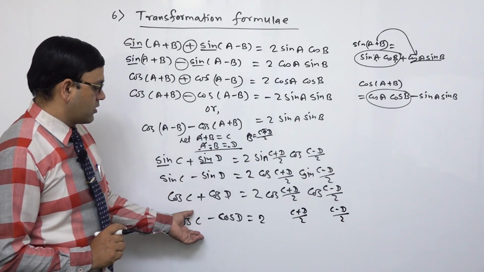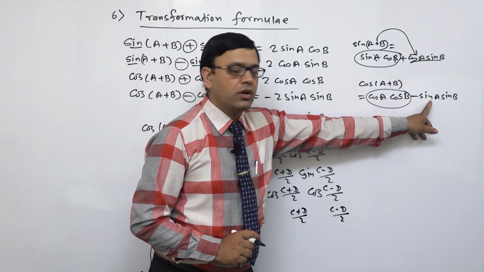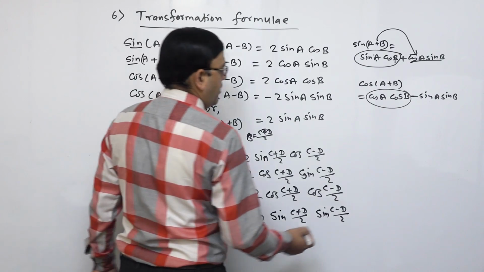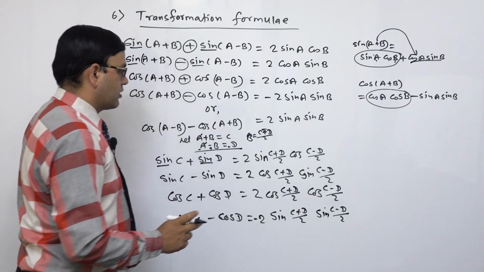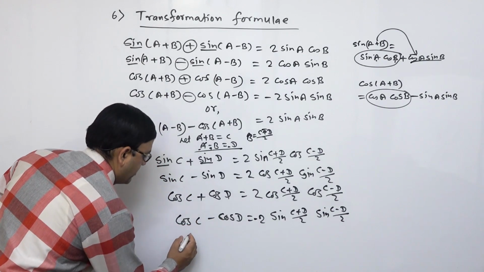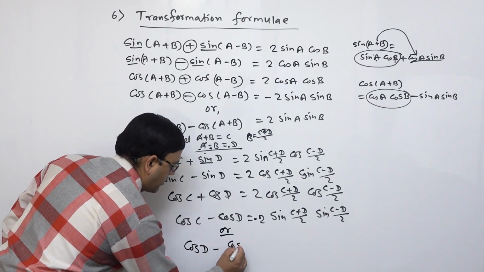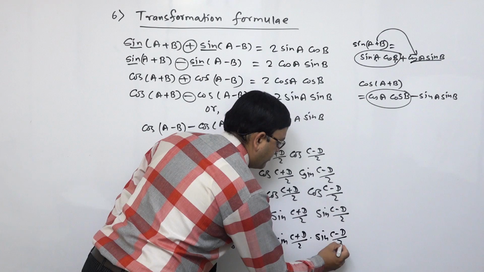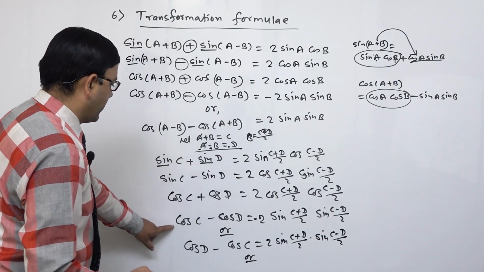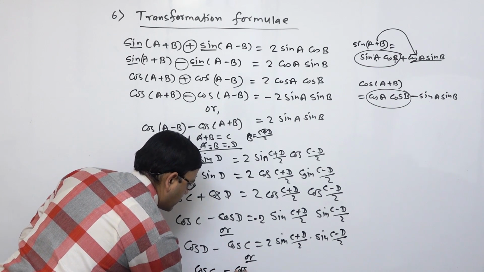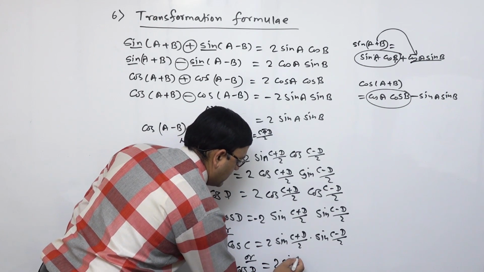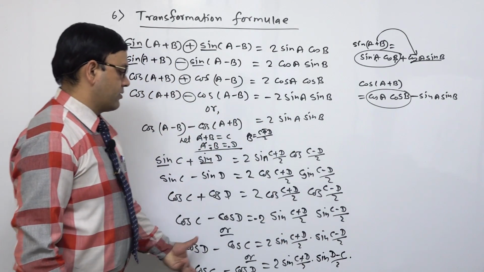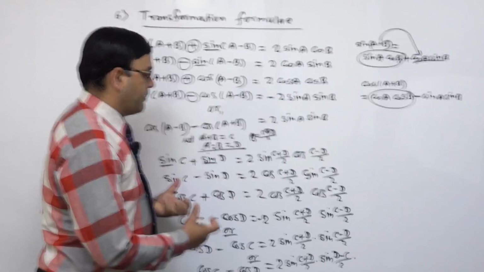अब तपाईलाई थाहा छ, cos को बीचमा माइनस भयो भने cos a + b को पछाडीको हुन्छ, त्यो भनेको sin हुन्छ। त्यसकारणले तपाईले यहाँ sin अनि sin लेख्न सक्नुहुन्छ। तर यो cos c - cos d मा यहाँ एउटा माइनस आउँछ। यो चाहिँ तपाईले यहाँबाट हेर्न सक्नुहुन्छ, अथवा यसलाई माइनसमा राख्दिन भन्ने सोच्नुभयो भने तपाईले यो अगाडि लेख्नुपर्ने हुन्छ। हेर्नुस् है त, cos d - cos c = 2 sin((c + d)/2) times sin((c - d)/2) हुन्छ। अथवा तपाईले cos c - cos d नै लेख्नुभयो भने यो माइनस हटाउनको लागि, 2 sin((c + d)/2) times sin((c - d)/2) को सट्टा तपाईले (d - c)/2 लेखेर पनि राख्न सक्नुहुन्छ। यसरी हामीले यो ट्रान्सफर्मेसन फर्मुलाहरुको बारेमा अहिले तपाईहरुलाई बतायौं।